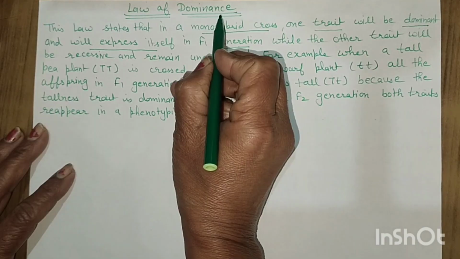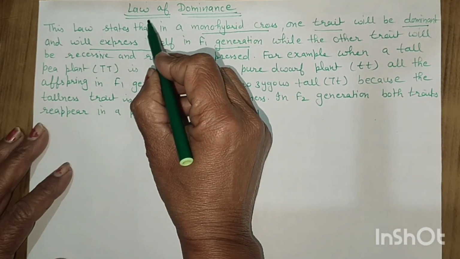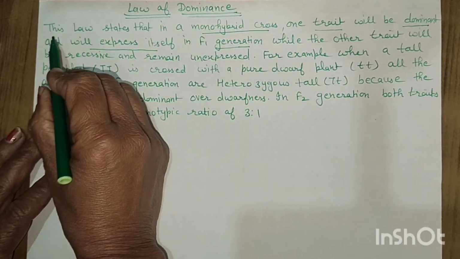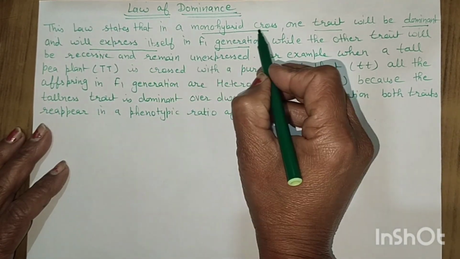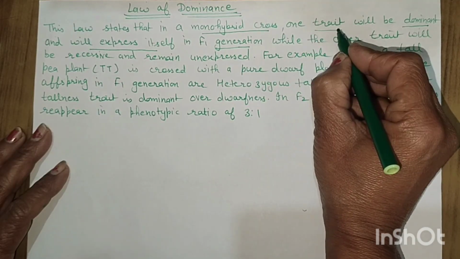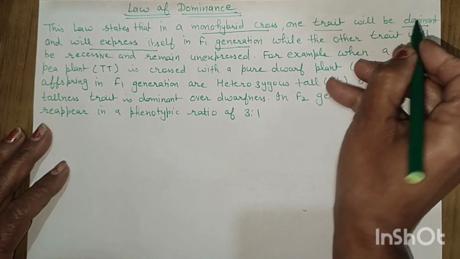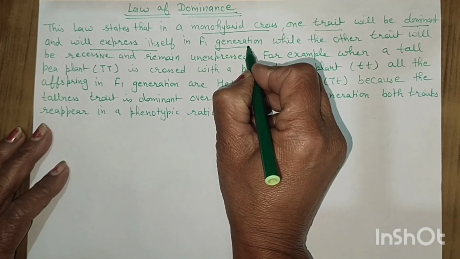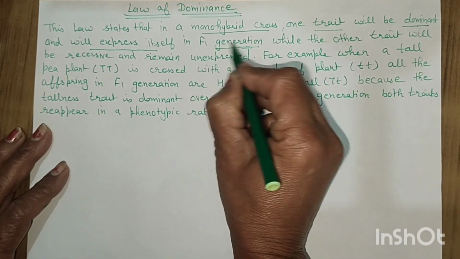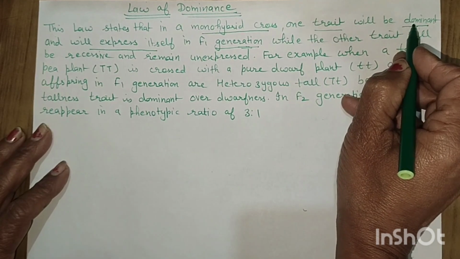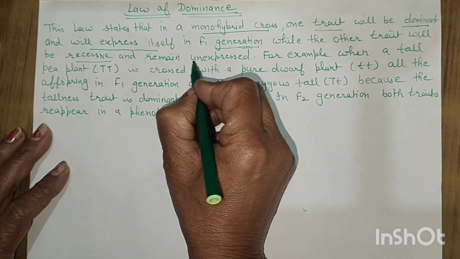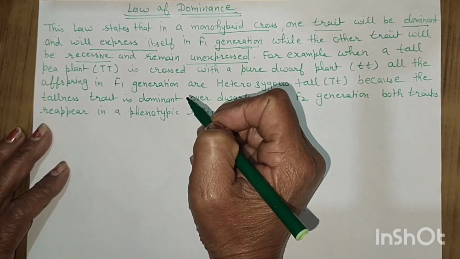Mendel gave three laws of inheritance. Out of these, the first law is the law of dominance given by Mendel. This law states that in a monohybrid cross, out of the two contrasting characters, one trait will be dominant and will express itself in the F1 generation. In the F1 generation, the trait that expresses itself is dominant, while the other trait will be recessive and cannot express itself, remaining